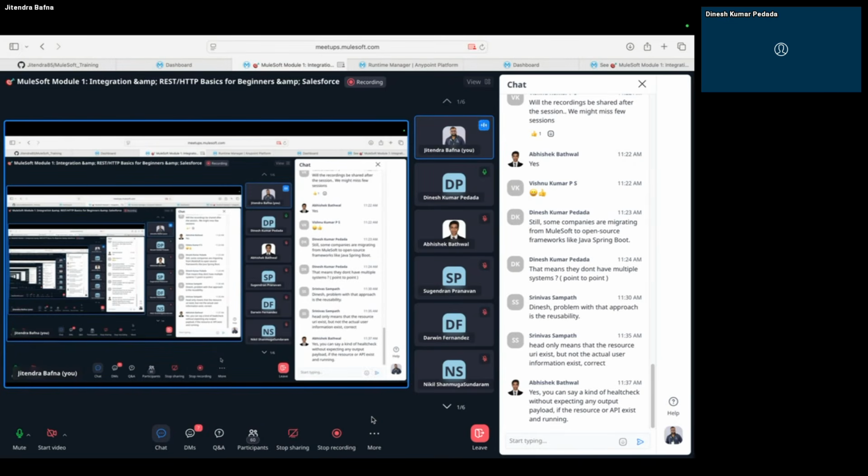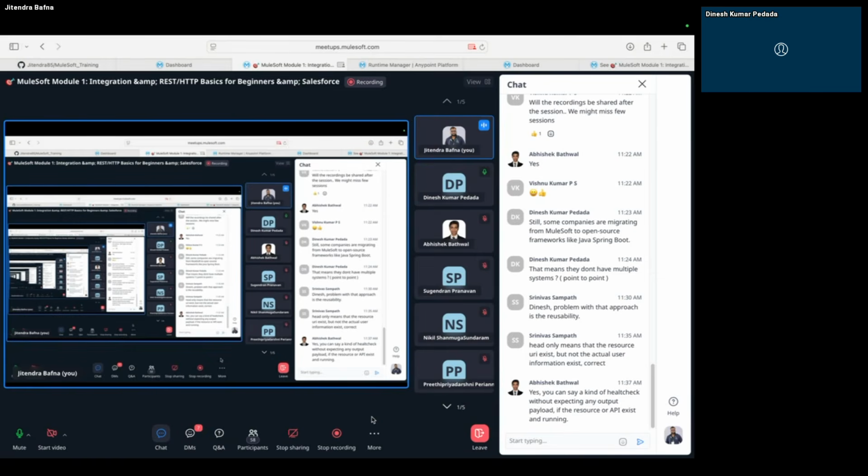This is generally a MuleSoft training, but I will give an answer. If you look at Spring Boot, it is also an integration platform, Dinesh. It is not that it is Java itself; it creates a wrapper on top of Java. But it is also an integration platform, and it also allows you to expose REST APIs. The only thing is that Spring Boot doesn't provide direct connectors. To do that, we use an integration framework called Apache Camel. You can use Spring Boot and Apache Camel together. I have done that in the past.